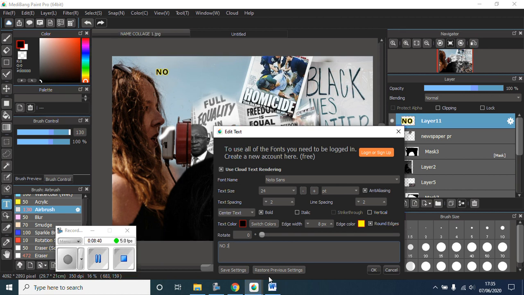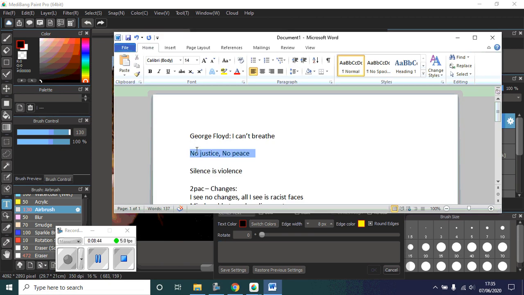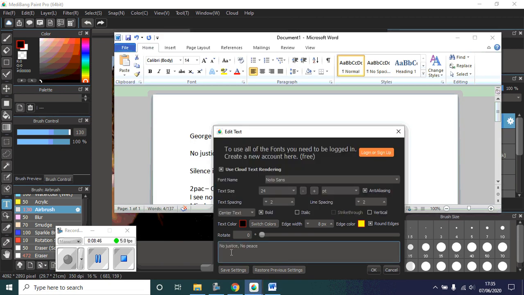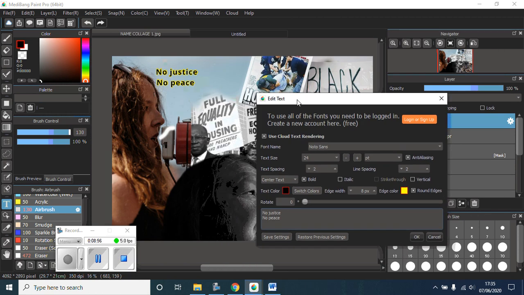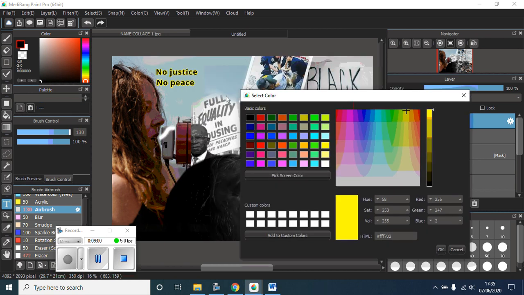Let's not make it all capital. Whichever you feel more comfortable with, you can rearrange it as you like, and just do something like this. Then you can see it typed up here, and you can see a preview of the changes. Now the yellow background is quite distracting, so I don't really like that,